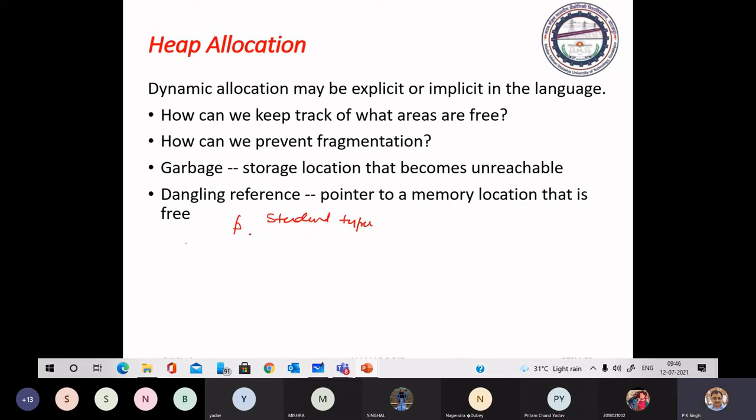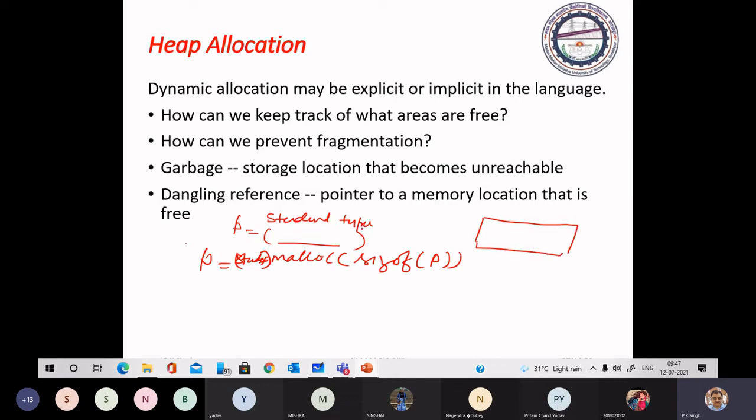To write any information at this pointer P, first you have to allocate memory, and suppose you allocate the memory by the malloc function, writing malloc of size of P. And here you can do the typecasting, student, P. So it will allocate the memory in that heap area.